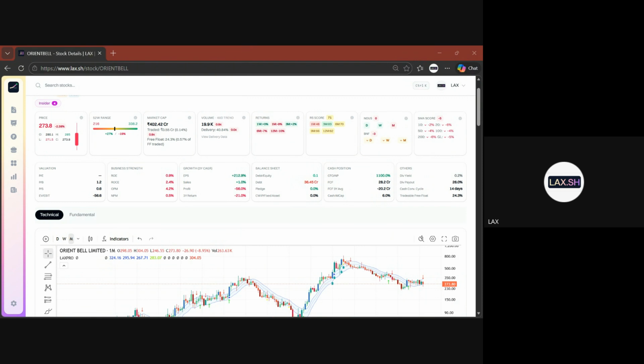Right? Why? Because the problem with PEG is what kind of growth you are taking in. Growth of next quarter, next year, next 3 years, next 5 years, next 10 years. What growth you are taking? You tell me. If you have some reliable way to estimate growth of, let's say, 5 years or 10 years, and then you are using that growth in the denominator, then calculating PEG, then I'll say yes. But most guys who talk about PEG, they take the growth of next year or next quarter, right?